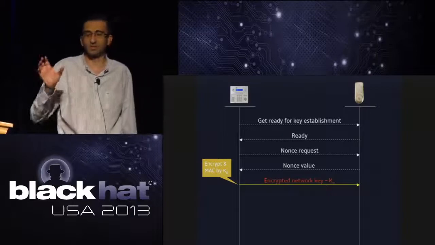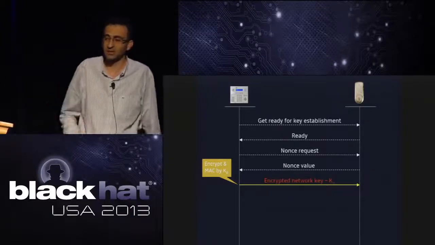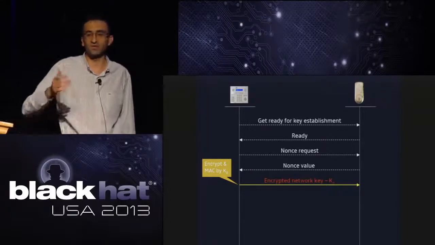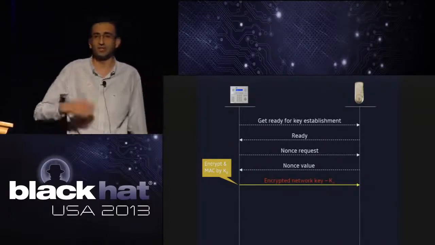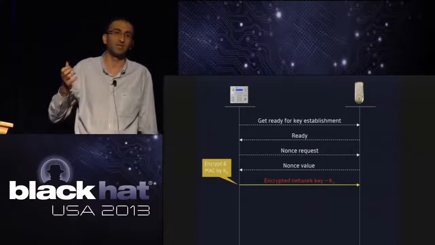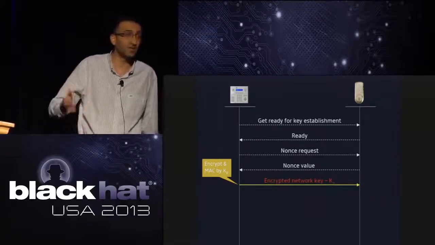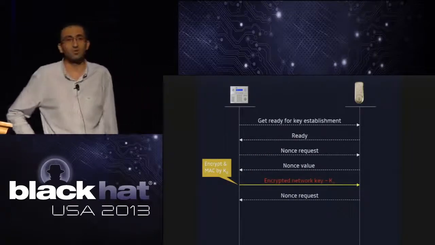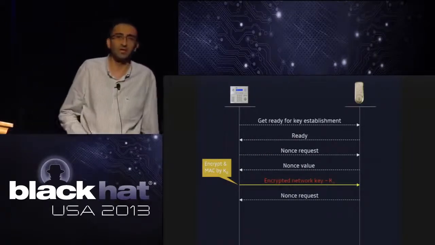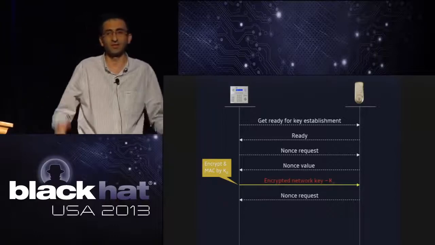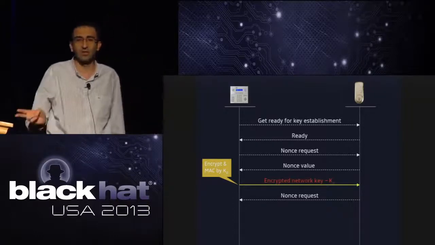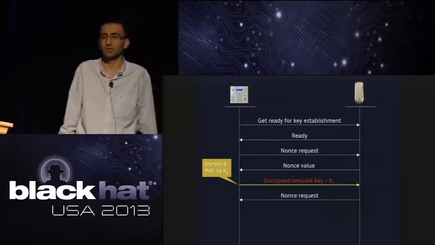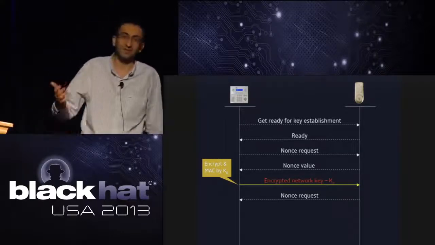After doing this, building this secure packet, the packet is sent to the door lock, which verifies the received packet's integrity, decrypts it, and gets the new key, which is the Kn encrypted under K0. Then, if all was successful, it attempts to reply back to the control panel and tell it that it has a new key. So again, it requests a nonce value from the control panel,